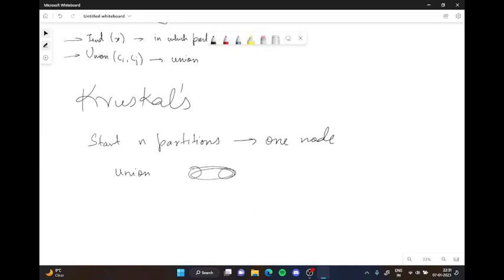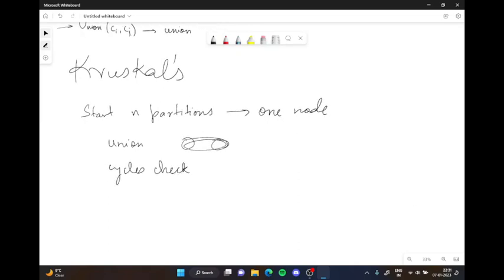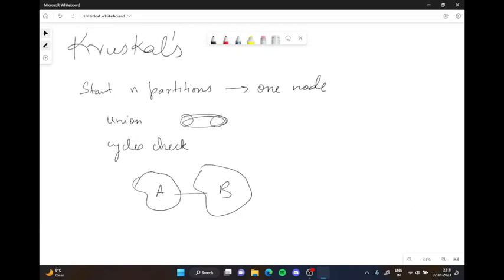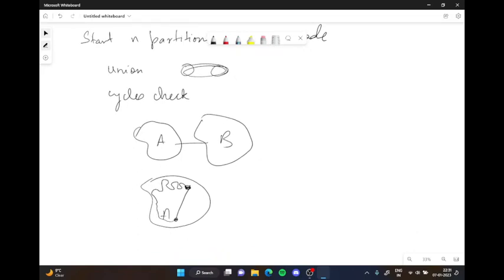And it's also very easy to see how this will help you check for cycles, which was needed in Kruskal's algorithm. For example, if one node is in partition A, another node is in partition B, as these both partitions are different, adding this edge will not create a cycle, which we even proved when we were doing Kruskal's algorithm. But if one node is in A and another node is also in A, adding this edge will create a cycle somewhere through this particular partition. So I'll find a